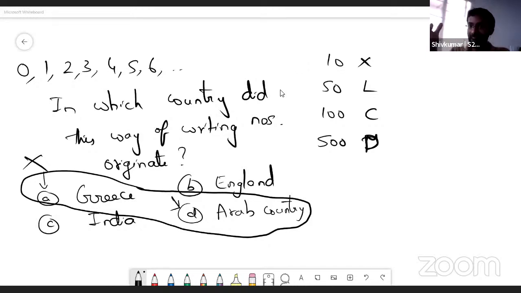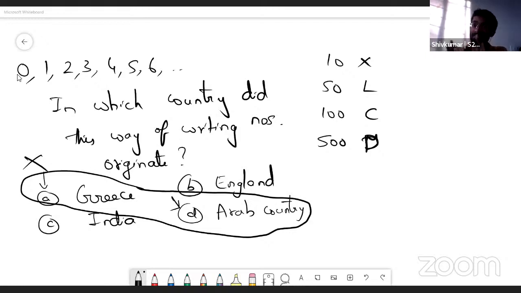Other civilizations did have a number system which is very close to what we are using, like the Babylonians, the Chinese, and the Mayans. But the current system has its origin in the Indian system, and it was Indians who first treated zero the same way we treat other numbers. Other civilizations had glimpses of zero, but Indians said you can treat zero as any other number.